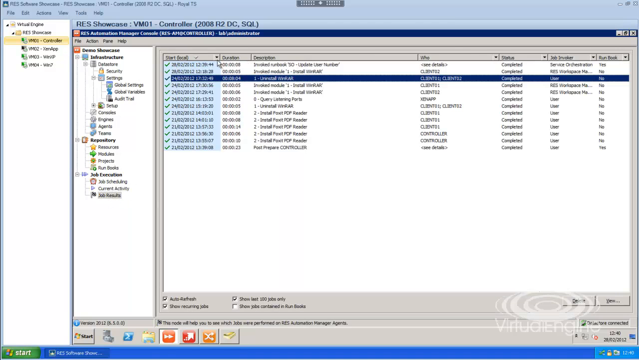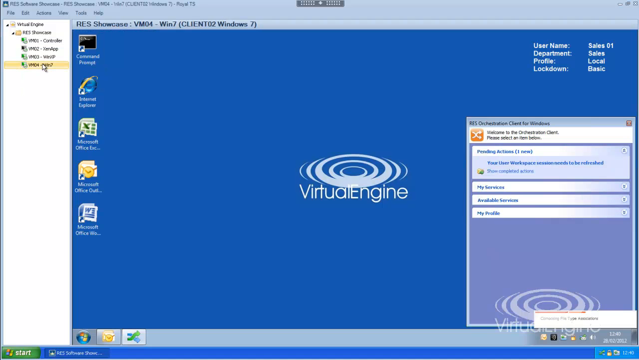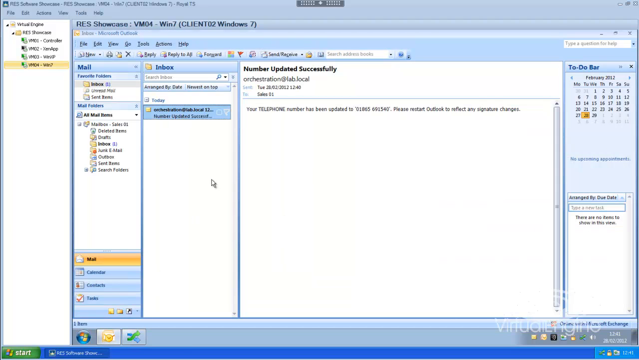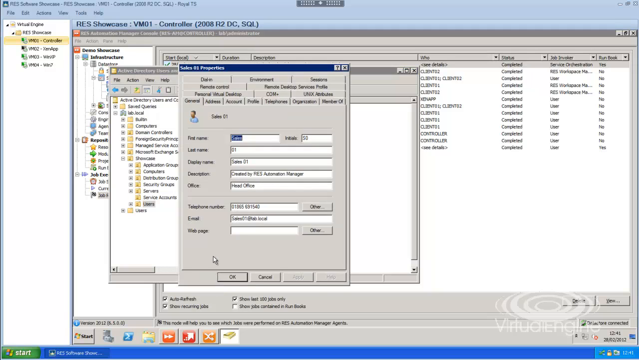I think there is actually a delay in the waiting to ensure that the workspace is refreshed before we get sent a message. Okay, so you can see we've received an email. So the email has been sent detailing that our telephone number has been updated and to restart Outlook to reflect any signature changes. So if we just quickly check Active Directory for our Sales 01 user, you can see that